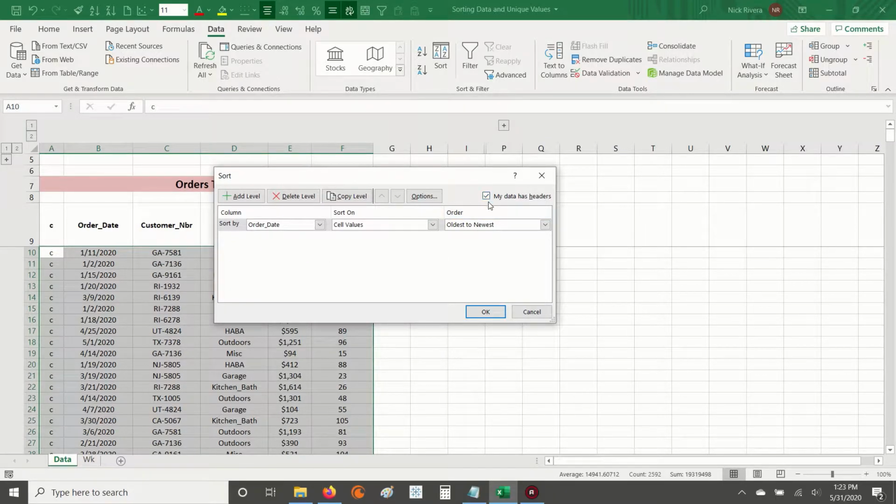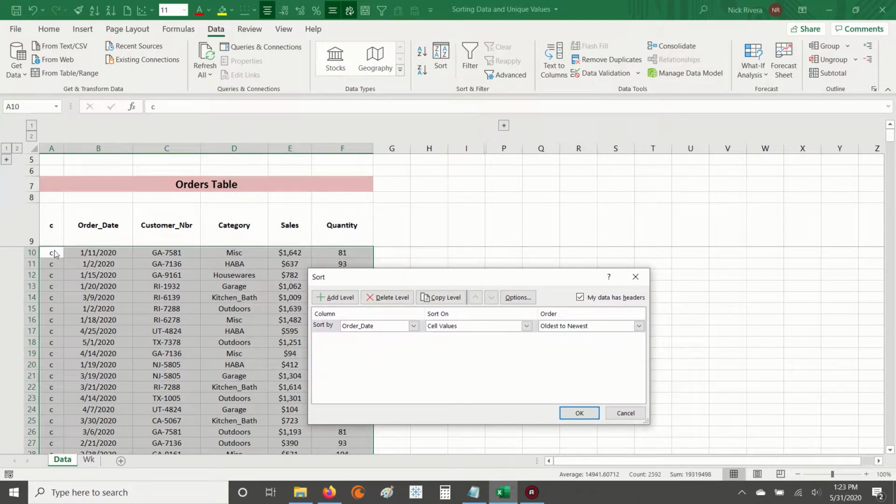first off, if you do have headers in your data, like we have here, the column names, you want to make sure you have this box checked saying my data has headers. If you don't, then when you go ahead and sort, Excel is going to think that it should sort the header as well, when you don't really want that. So once we have this box checked because we have headers,